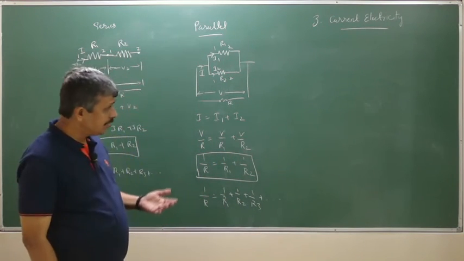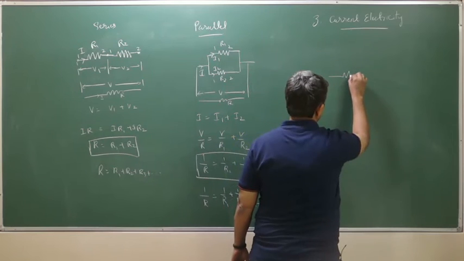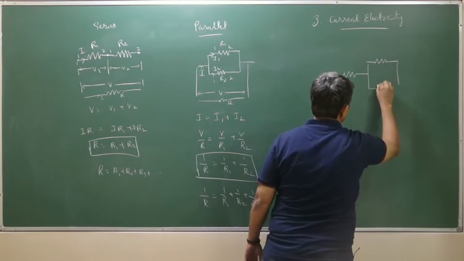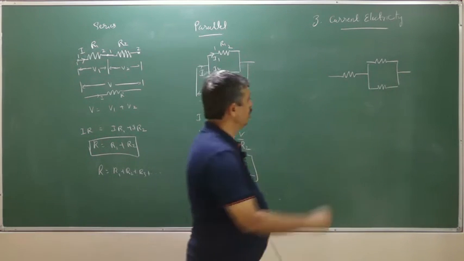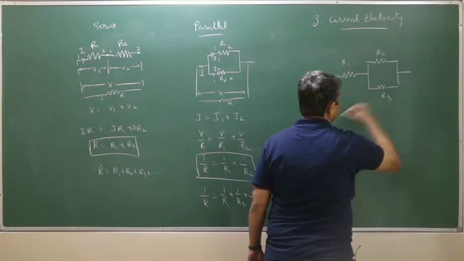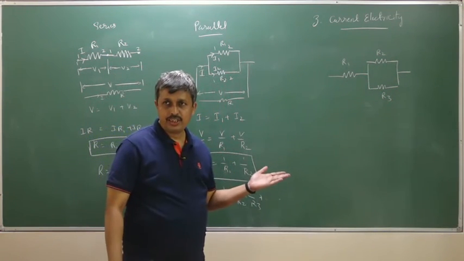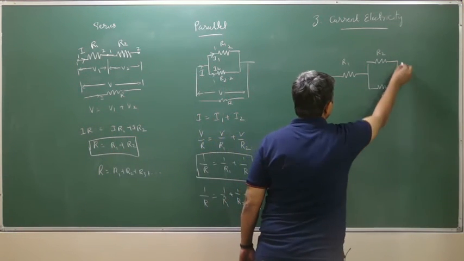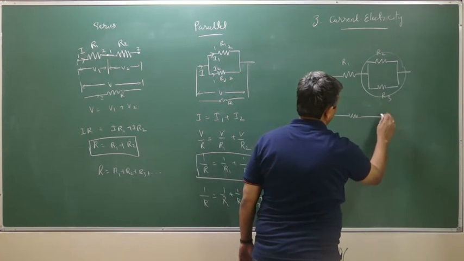But understand that if you connect them in both series and parallel, for example, one resistance here and two resistances here, let's say this is R1 and R2, this is R3. The way to do it is that this parallel resistance you can take and reduce, these two together can be replaced by its effective resistance. I will call this